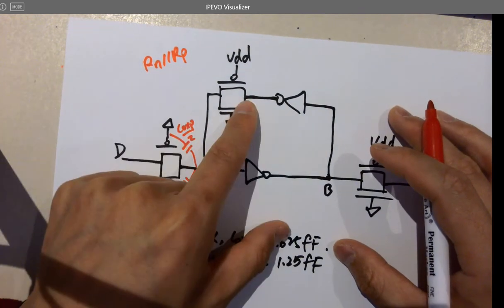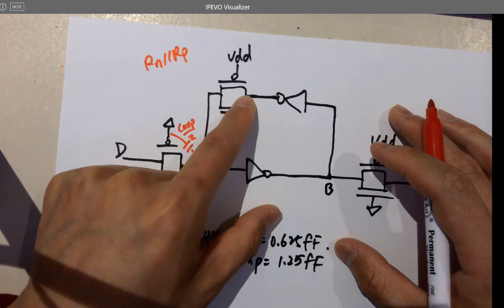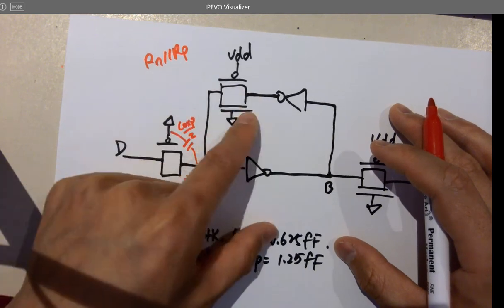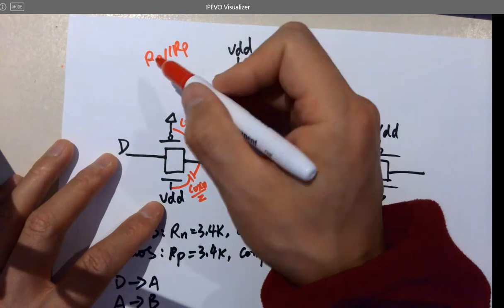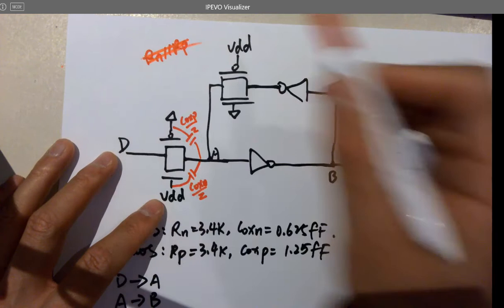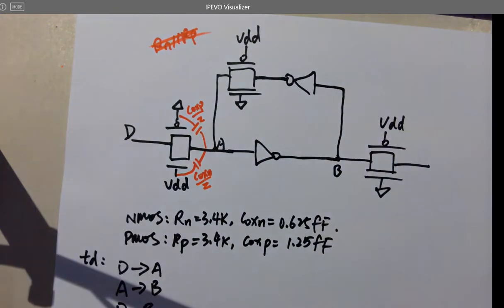Because it's disconnected. Current is not going through. So there won't be any delay contributed to the circuit, right? It's like a floating wire, just floating wire, nothing else. So only consider the ones that are on, right? So for the cap,